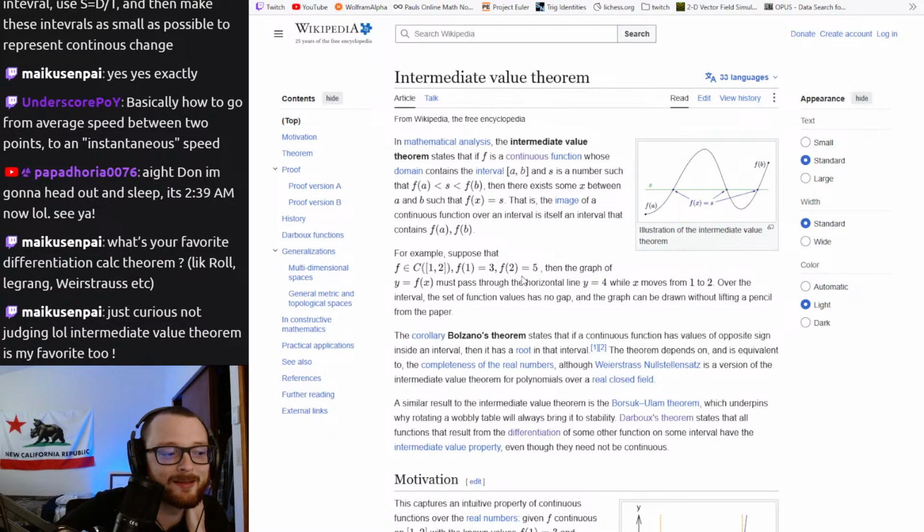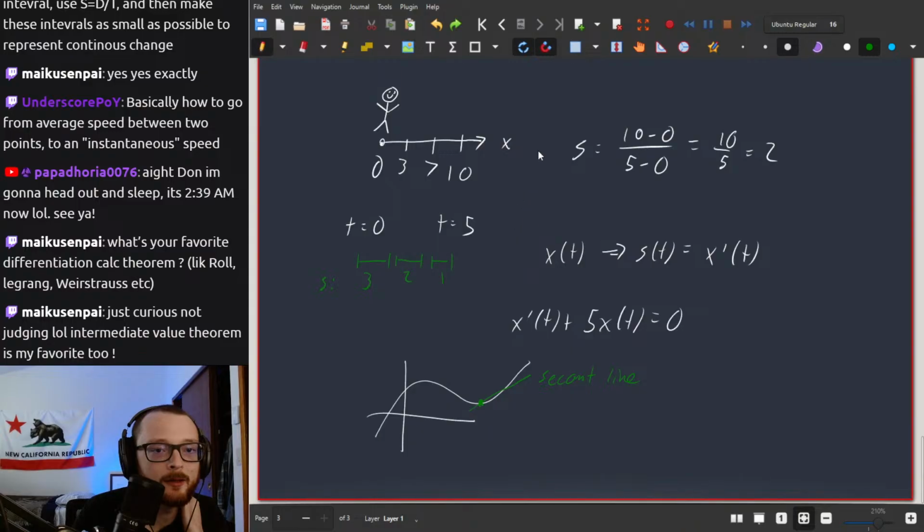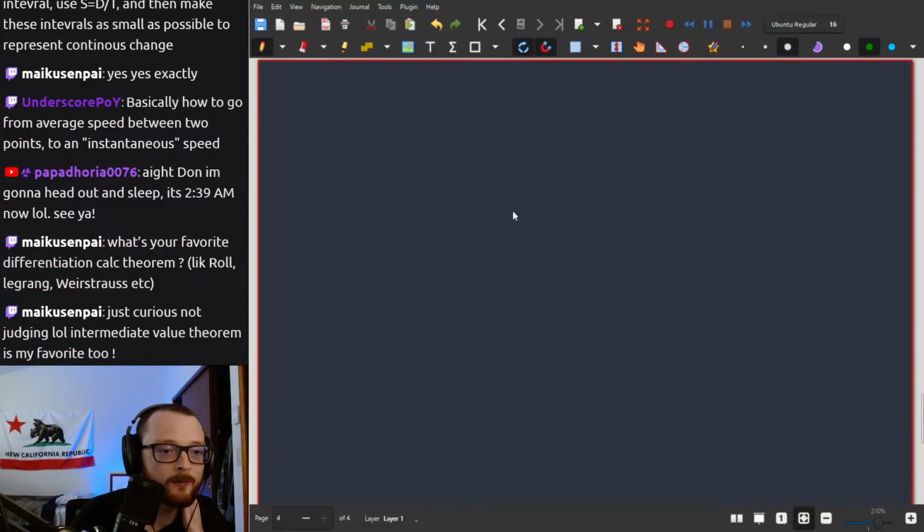And this one came to mind for me because it's fun to apply it in higher dimensions. And I don't necessarily mean these generalizations, because these generalizations are kind of weird. I looked at them before. But you can apply them in higher dimensions a little more simply, where if you have a continuous function, let's just say it maps,